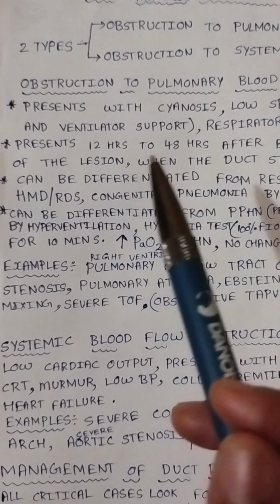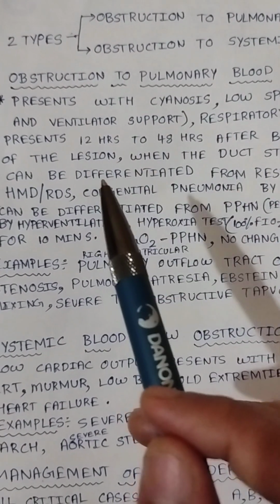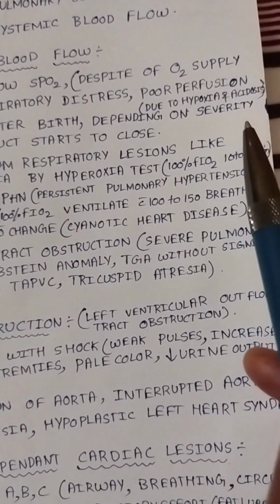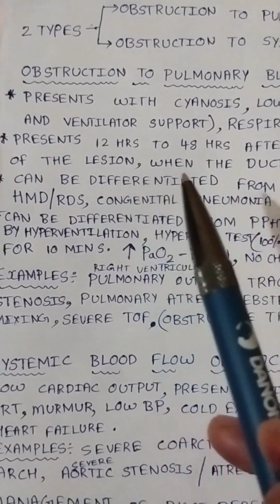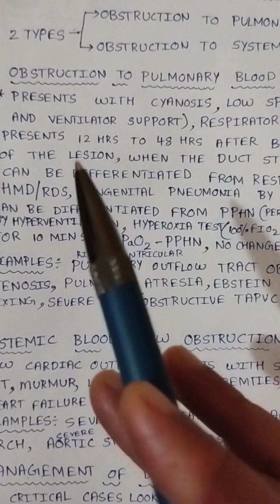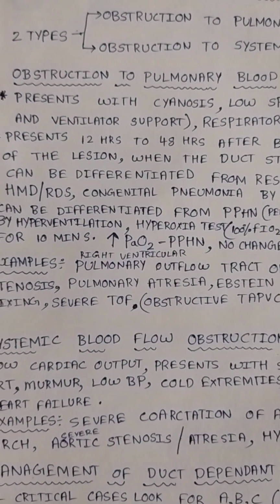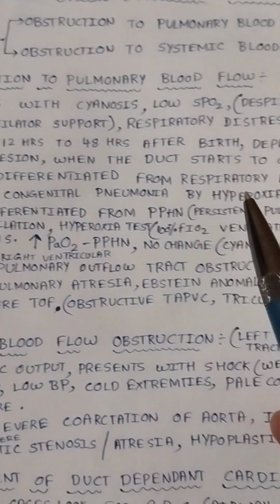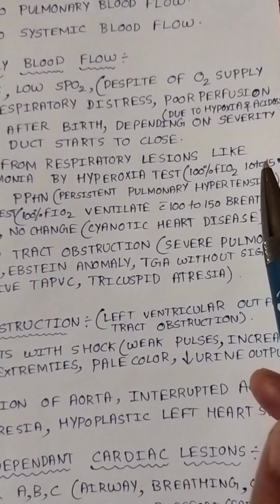Okay, so it depends on the level of obstruction how soon it will appear. Depending on the severity of the lesion, when the duct starts to close, these clinical features will be present. It can be differentiated from respiratory lesions like pneumonia,